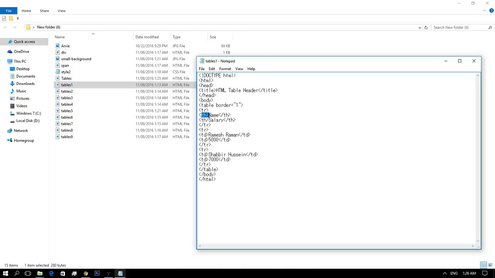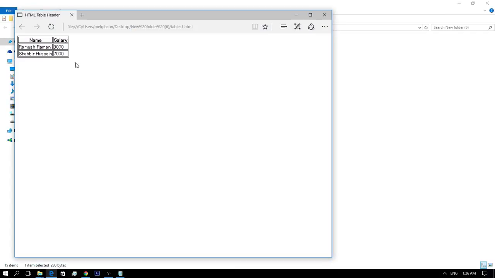So this tag will be put to replace the data cell tags, which is used to represent actual data cells. Normally, you will put your top row as table heading as shown in this example. Otherwise, you can use the table heading element in any row.